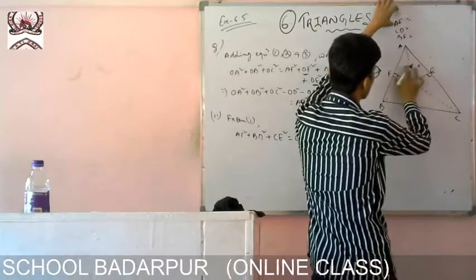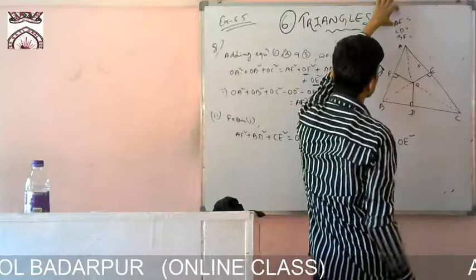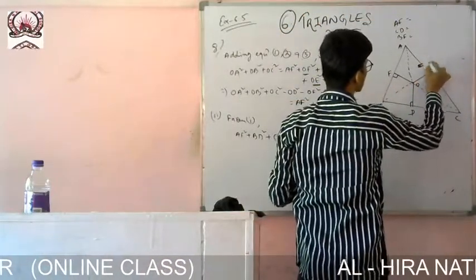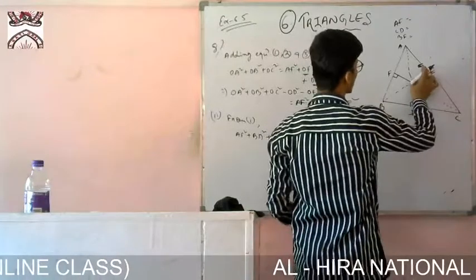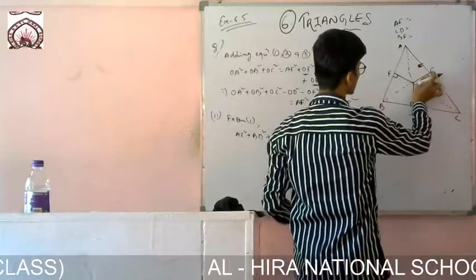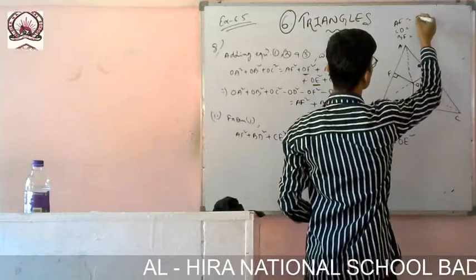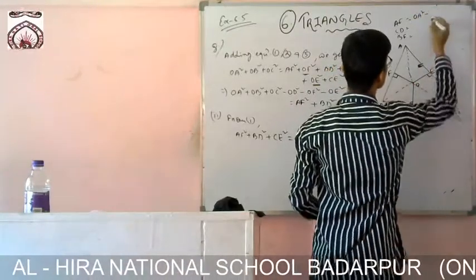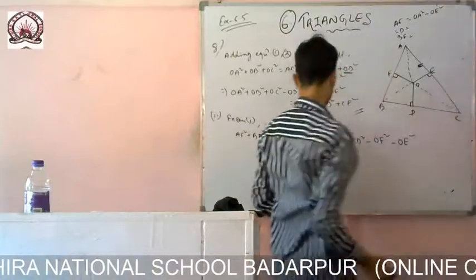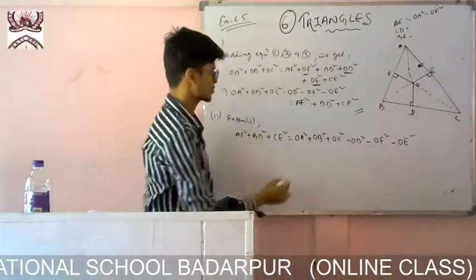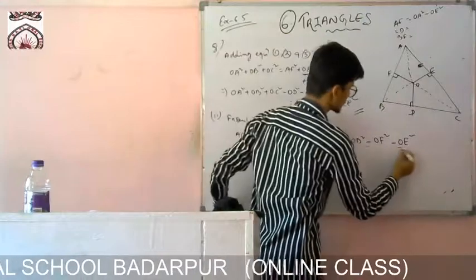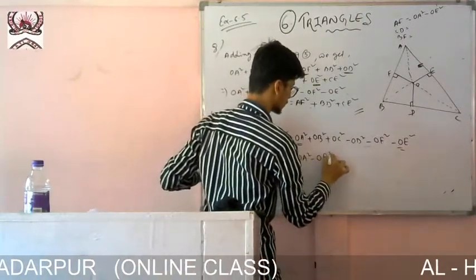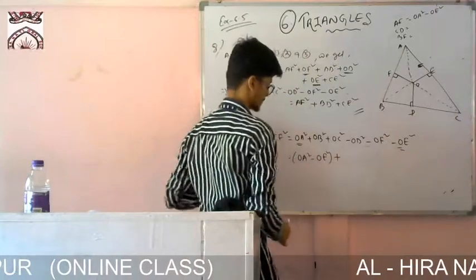So AE will be equal to, this is the side of the triangle, so it will be hypotenuse minus this side. So hypotenuse which one? OA square minus OE square. So let me arrange them and write OA square minus OE square plus,